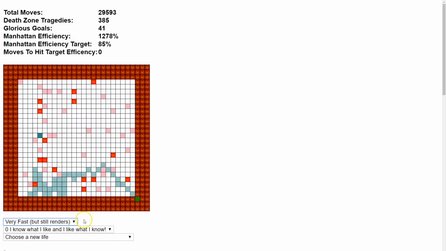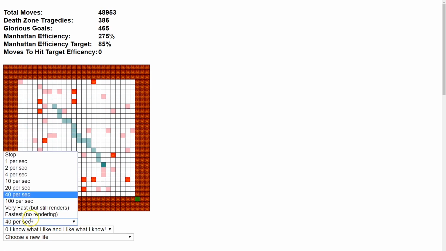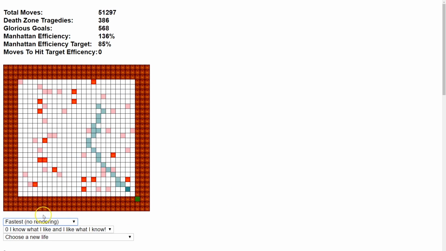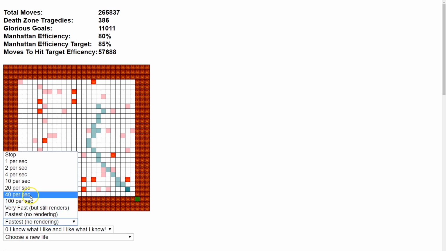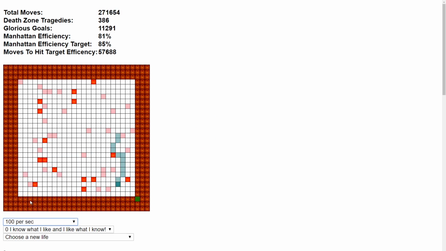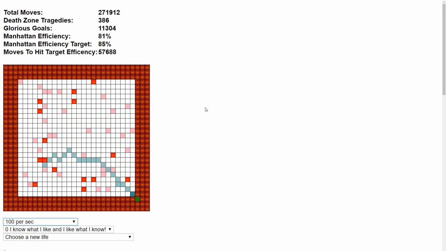Now I'm going to increase the speed all the way to 11 and let our agent get about 10,000 goals under his belt. And then slow him down to see how well he's learned his task. Our agent can get to the goal pretty quickly, he doesn't die anymore, and while his efficiency isn't bad at about 81%, it's not excellent because we can just see that he doesn't go in a straight line. Surely artificial intelligence can do better than that.